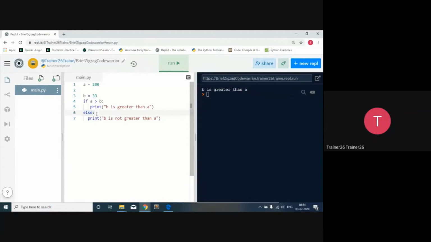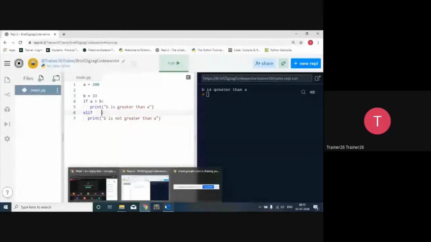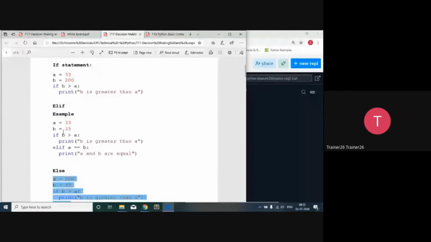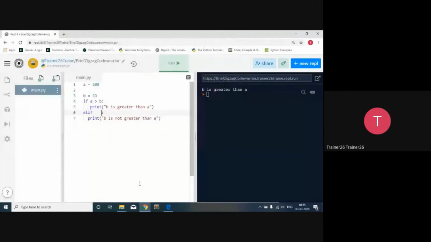And if in an if else I want to give a condition over here, that is why I'm going to talk about else if. When I want to give a condition here, you have to mention a particular condition. For an example, 33 and 33 means both are equal. So here we are going to put a condition in between. For an example, if I say A equals to B, and then a colon.